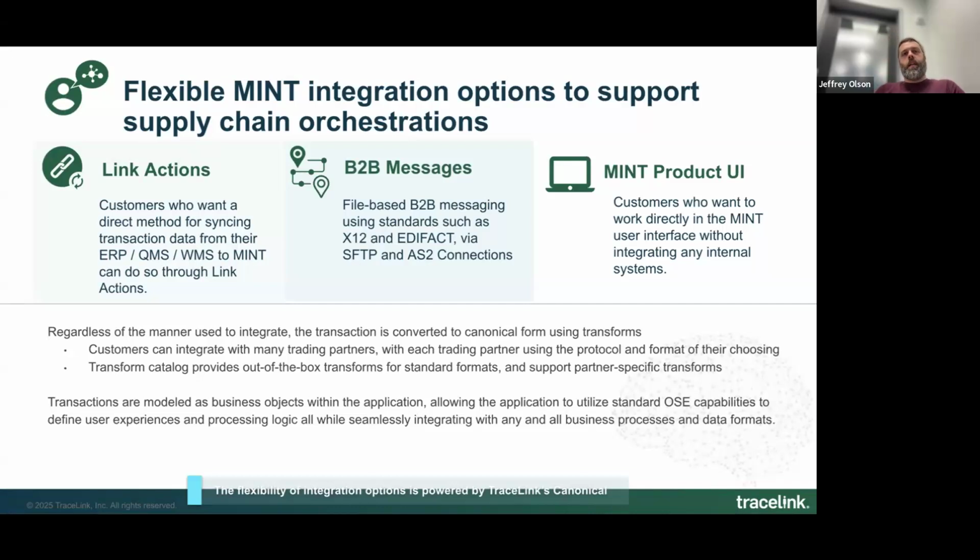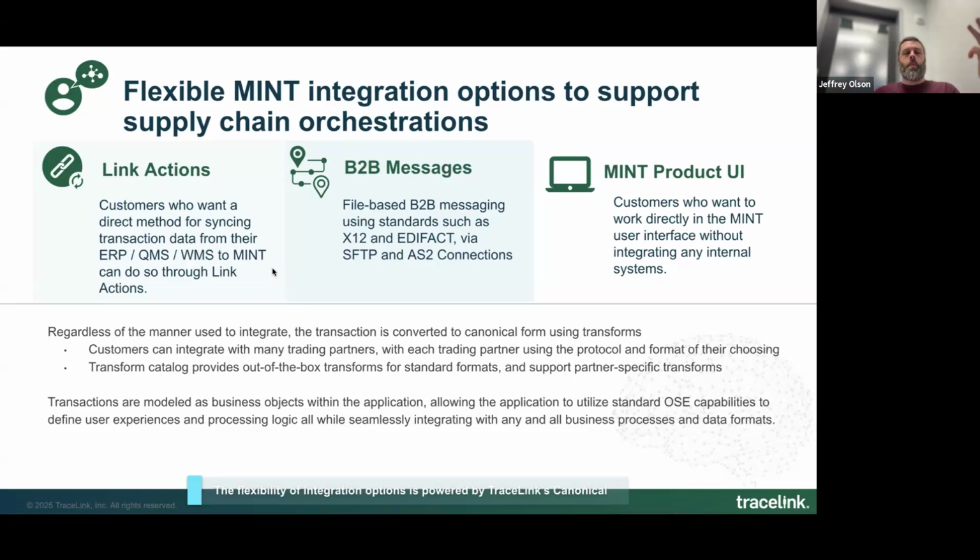So we're going to jump in here into just the entirety of the suite that we have for how you actually go about integrating, whether it's your external systems or your business processes, into TraceLink, into Opus specifically, with a focus on how everything interacts from the outside world to your Mint application, and vice versa, from your Mint application out to the outside world. So this is broken up, and we're going to dive deep on these three different